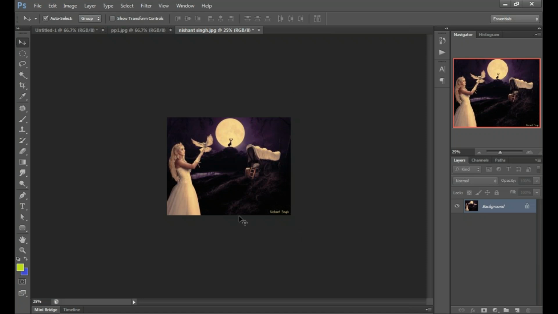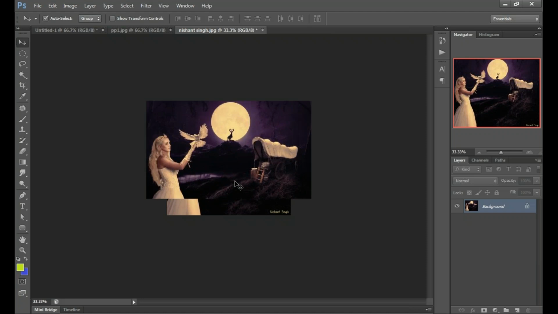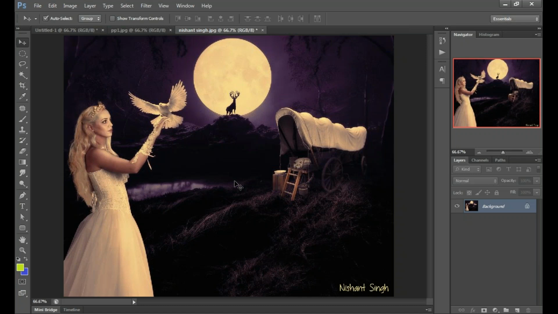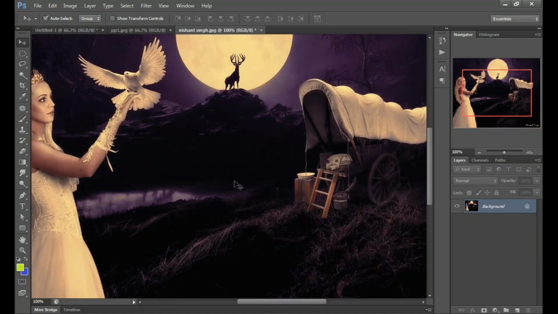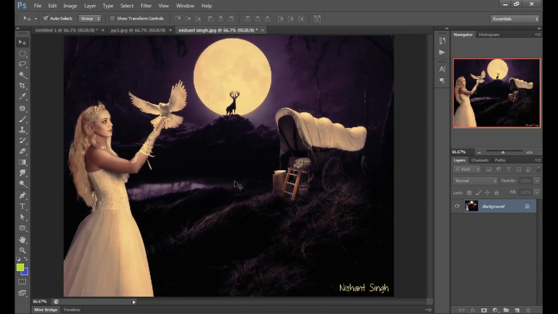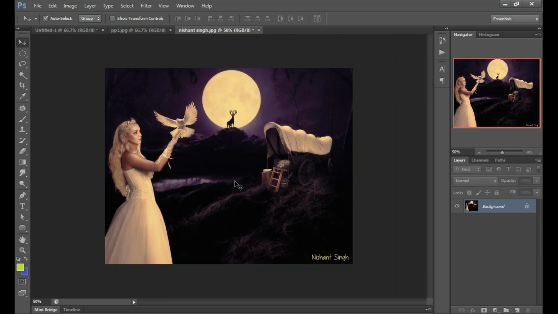If you want to see the percentage of this image, at the bottom it's showing only 25%. You can zoom it by pressing Control plus on your keyboard. Control plus or Control minus we use to zoom in or zoom out our image.